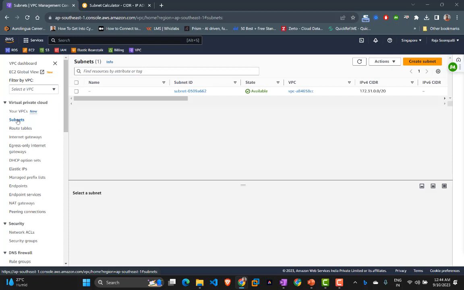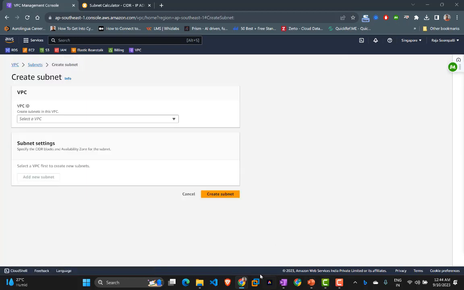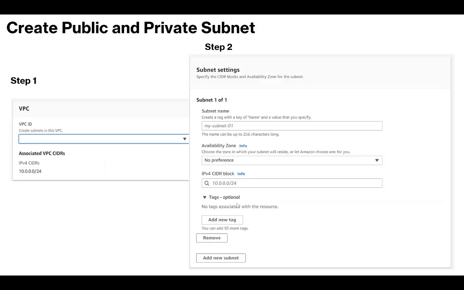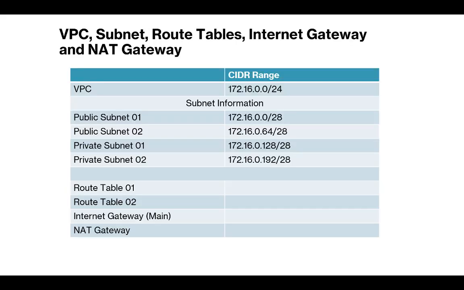So based on your requirement, you can categorize the IP addresses based on the range. Right now, this is the default created subnet. So I am creating 4 subnets. This is the VPC creation slide and the subnet creation slide, and I am creating the 4 subnets: 2 public subnets, 2